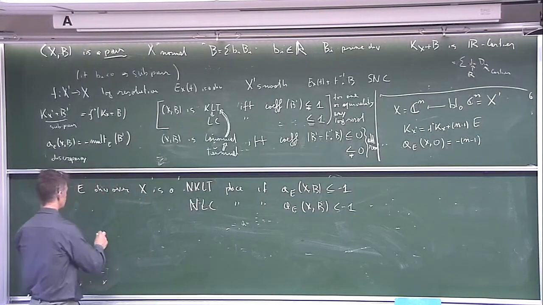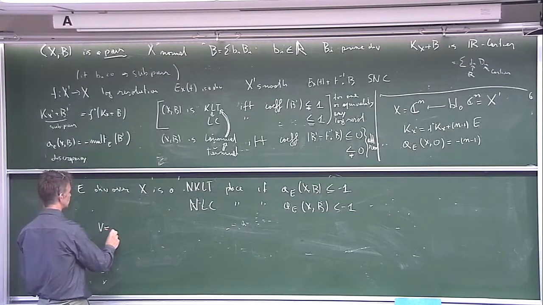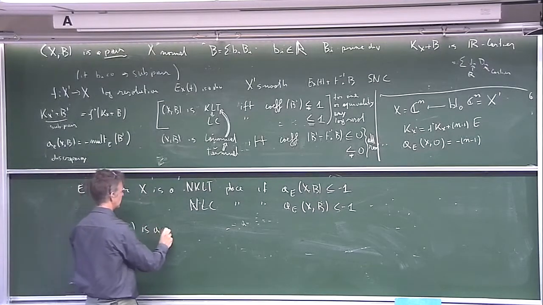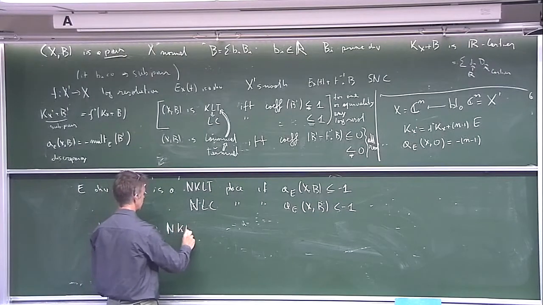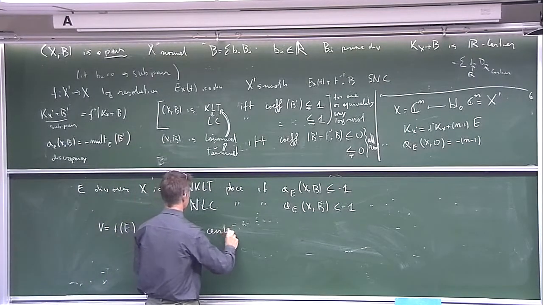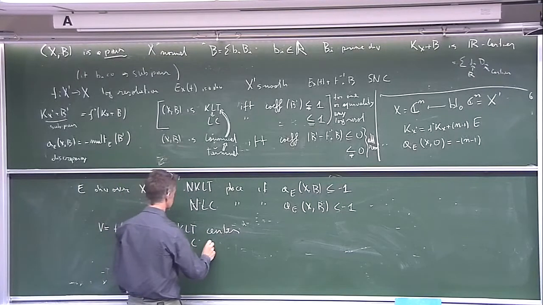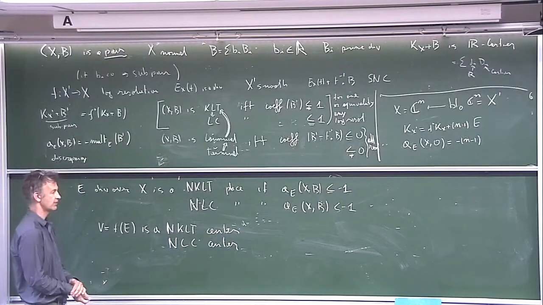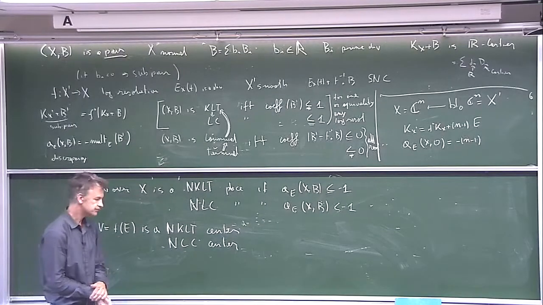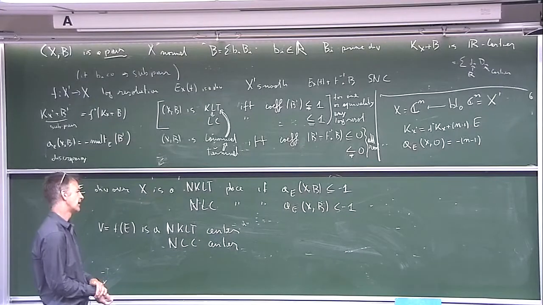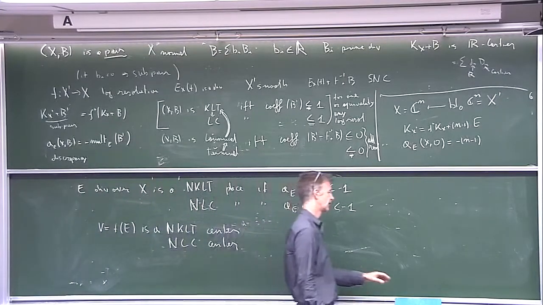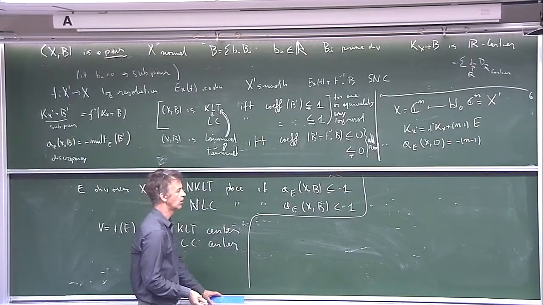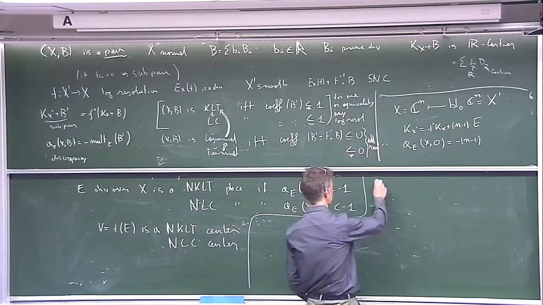And V, which is just the image of E, is a non-KLT center, respectively, a non-log canonical center. Okay, so they're going to play a very important role. I should say a few words about these non-KLT, non-log canonical centers. So there's a theorem of Kawamata,